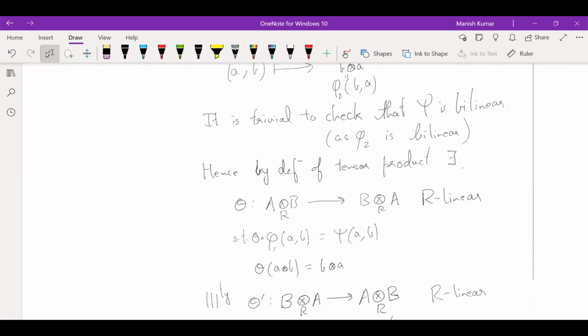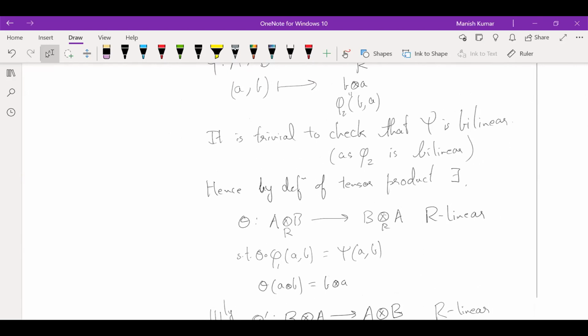So what does theta do? Theta sends a tensor b to b tensor a. We don't know what it does to other elements, but for pure tensors, we know it does this. So you have a map theta from this to this. One way to say that it's an isomorphism is to say that it's surjective. It's surjective because